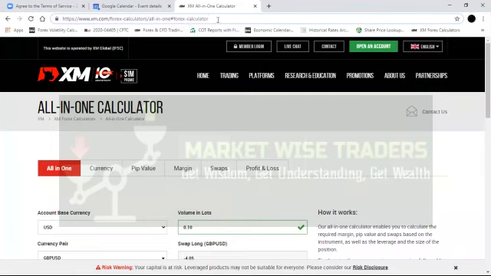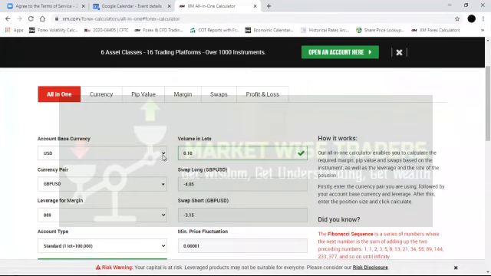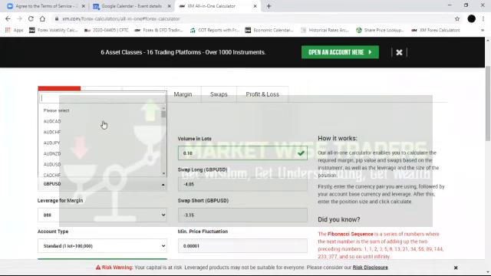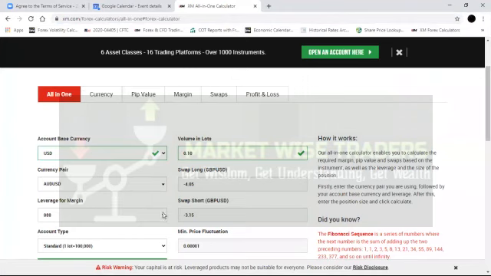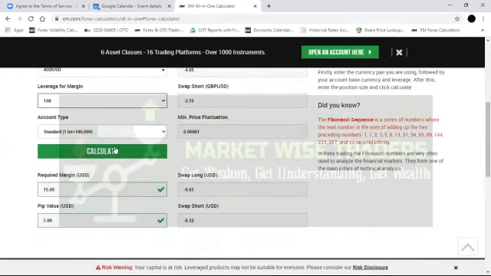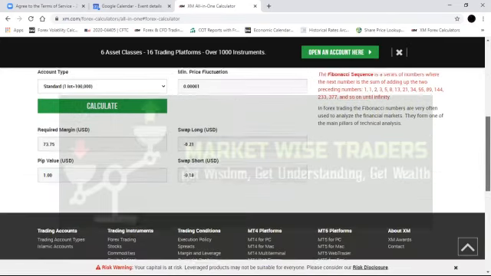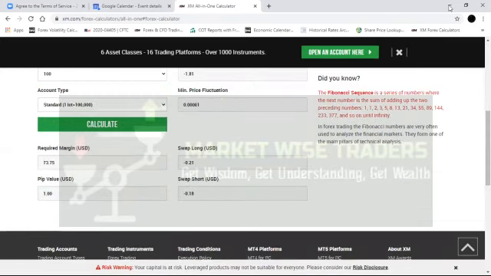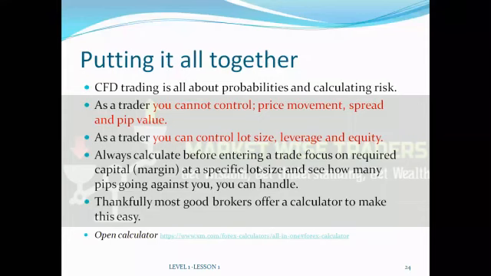I know FPS, they have one as well. You just go to Traders Calculator. They have it there. You can even calculate your profit and loss and all that. So you just choose the pair you want, whichever pair it is. Choose the leverage. You see, it doesn't really matter what the leverage is. What matters is, can you hold that trade open? So all of this will give you that. It's important. So that's how we put all of this together. You control your lot size, you control your leverage, but the most important thing is your margin and your margin level.